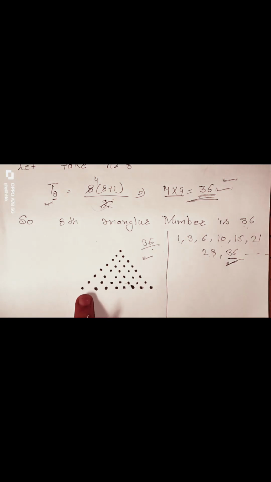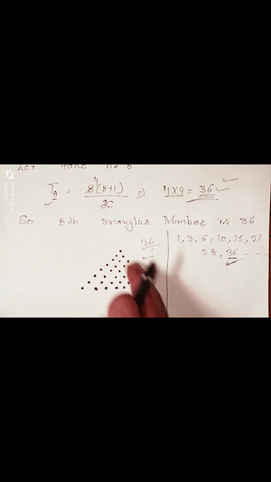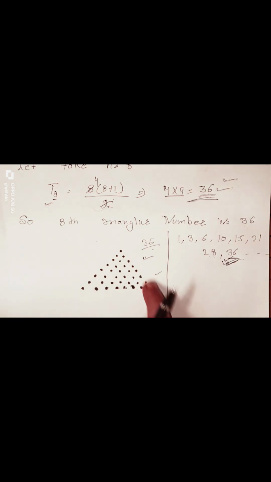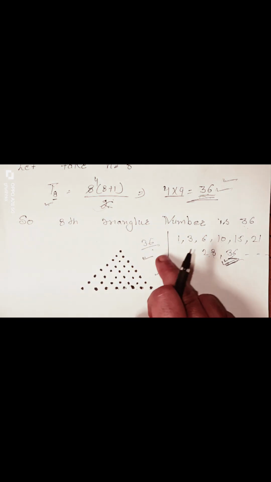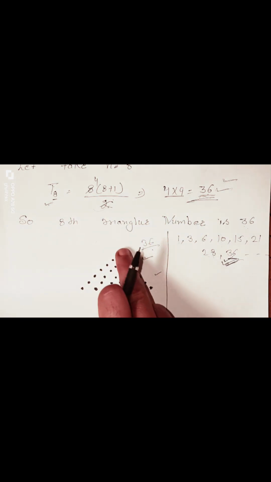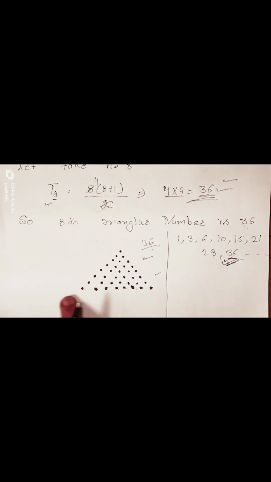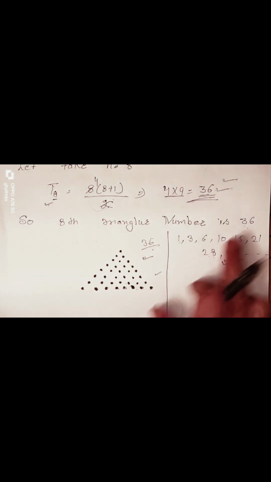How do we make the triangular structure with dots? Take 8 as the base dots, or directly we can form it, without going with hit and trial, how we will make the 36 dots into a triangle. We can directly go with the base of 8 dots and make a triangular form of 36.